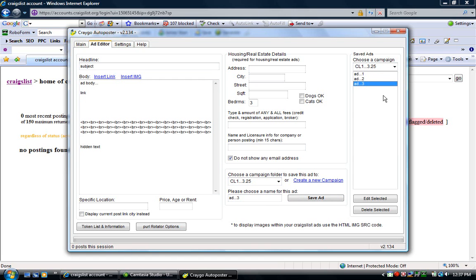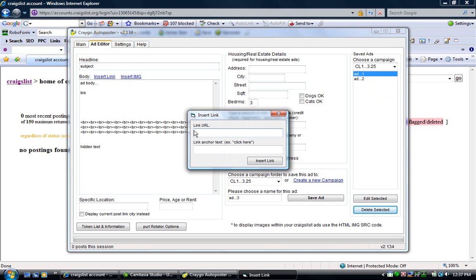If you want to edit it, just select what ad you want to edit, hit edit selected. If you want to delete it, select the ad and click delete selected. So that's pretty easy. It's pretty self-explanatory. There is a link here. Craygo inserted basically a code. You can click insert link. Write in the link that you want to